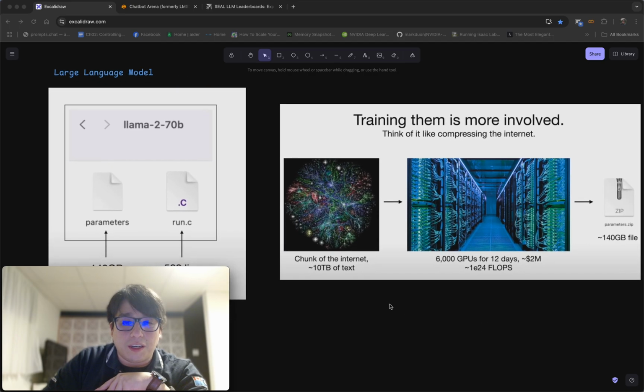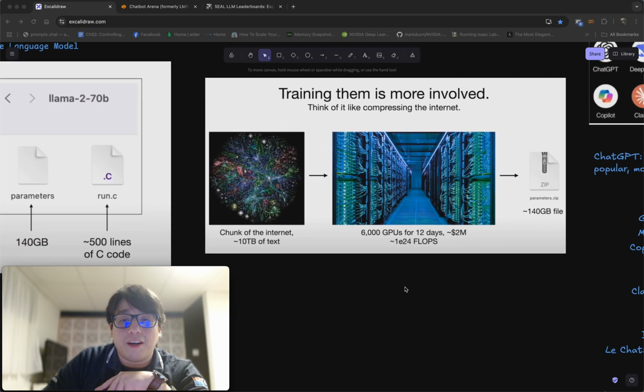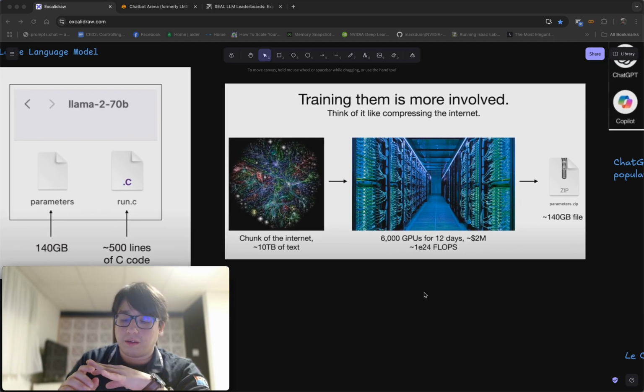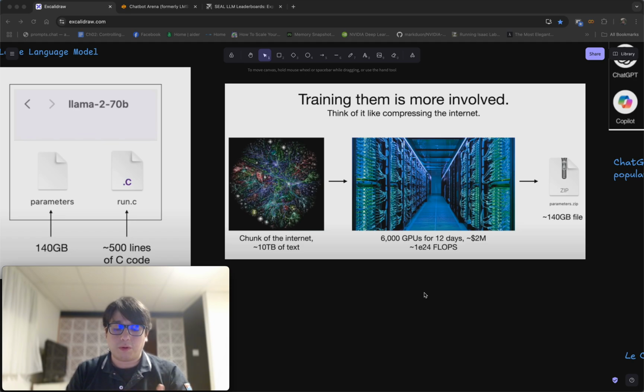So how do you generate these parameter files? Companies like Meta, OpenAI, and Google, in this case Meta, created a data set of the internet, almost 10 terabytes in size, that contains text, Reddit posts, journalist articles, encyclopedias, and you want to create examples that contain very good text,